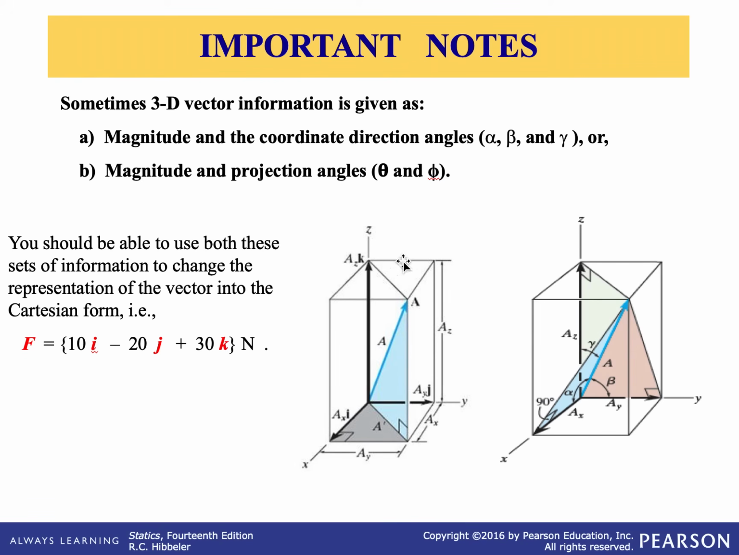We will talk about the differences and how we can use either one to come up with the final format in ijk, which is the Cartesian coordinate system representation. So keep in mind that we are going to be jumping back and forth between these three different representations: magnitude and coordinate angles, magnitude and projection angles, as well as this Cartesian representation. And we will do a lot of examples and homework exercises and problems to solve them